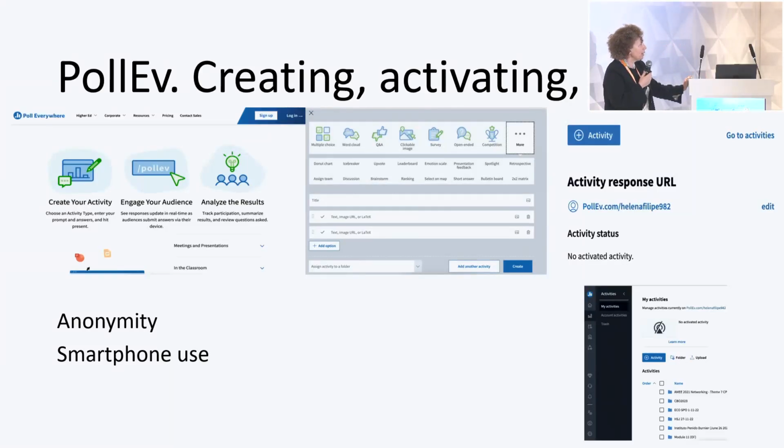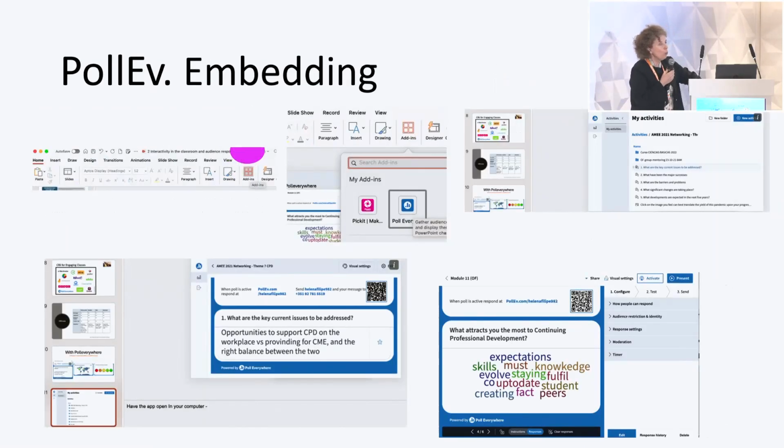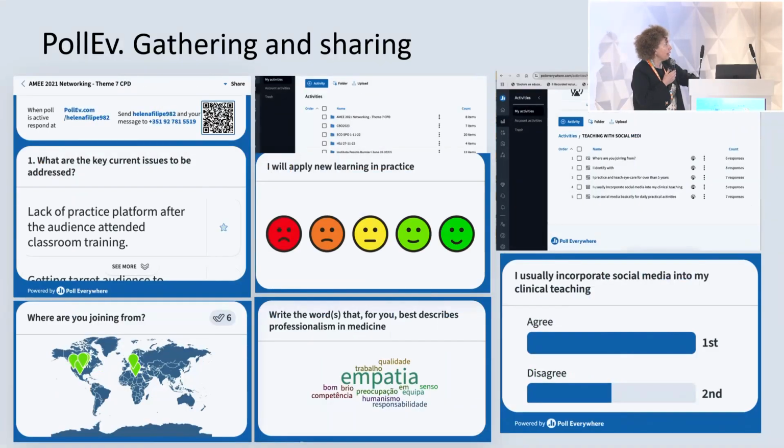So what we can see here is the front page of Poll Everywhere and the several aspects that we can intersperse, the types of questions, multiple choice questions, word clouds, etc. We can also now have this tool embedded in our slide presentations, and from there present the moment instead of swapping between PowerPoint and the platform. And these are some examples of what we can have. So word clouds, interactivity, for instance, in picture,